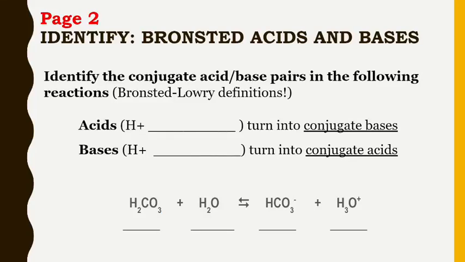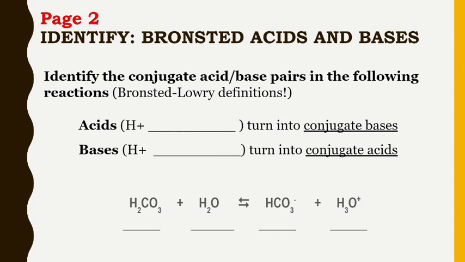Alright, so in class we talked about how to apply this Bronsted-Lowry definition of acids and bases to this idea of finding or identifying our conjugate acid-base pairs. So this is meant to go over that in case you missed it or didn't understand it the first time. And so if you remember or have already taken notes on the first page and the top of page 2,